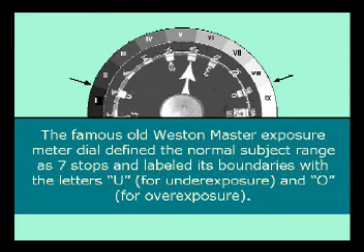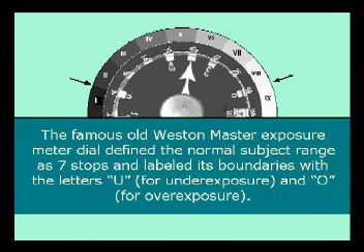The famous old Weston Master exposure meter dial defined the normal subject range as 7 stops and labeled its boundaries with the letters U for underexposure and O for overexposure. It considered the middle of the range to be 3 stops down from the highlight boundary and 4 stops up from the deep shadow boundary. This middle gray value, indicated by the normal pointer, represents approximately 12% reflectance, not the 18% of the familiar gray